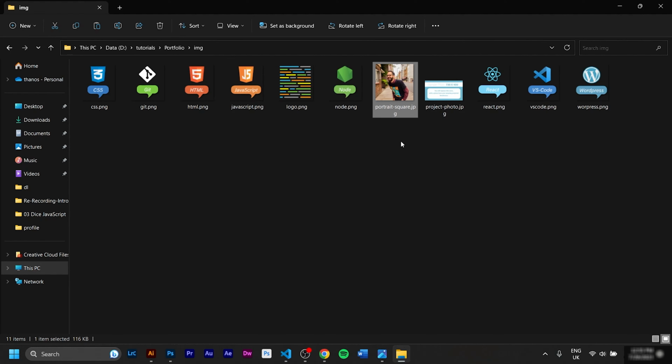If you don't have Photoshop, you can do that with pretty much any photo editor. There are some tools online that you can use for free. A pretty nice hack that I found is that you can go on Facebook, open Messenger, and send the photo to yourself. Yes, you can do that. And then download it from Messenger. Messenger is known to have a huge compression on images. So if you download the photo after sending it to yourself from Messenger, it's going to be super compressed and web ready.